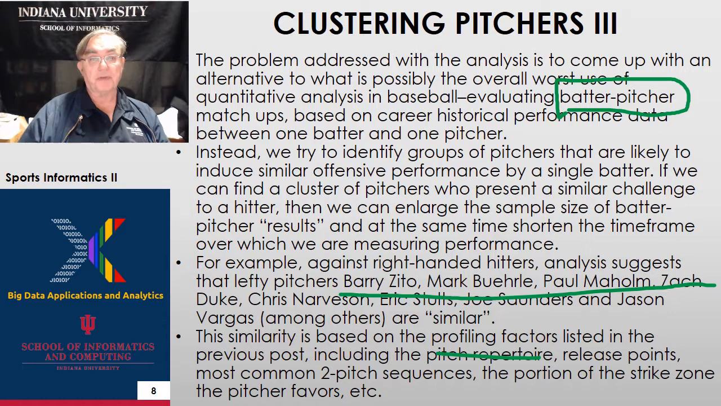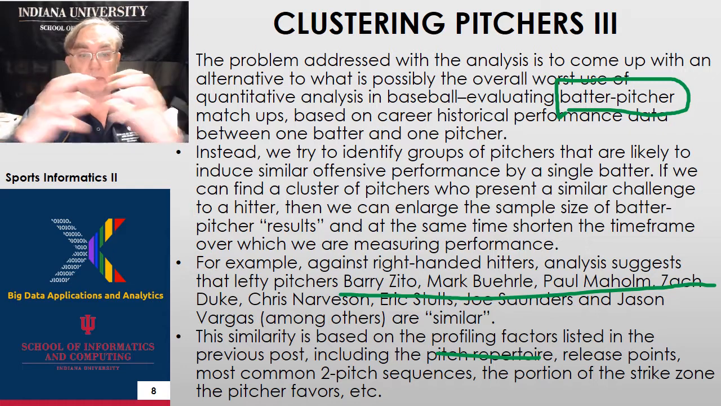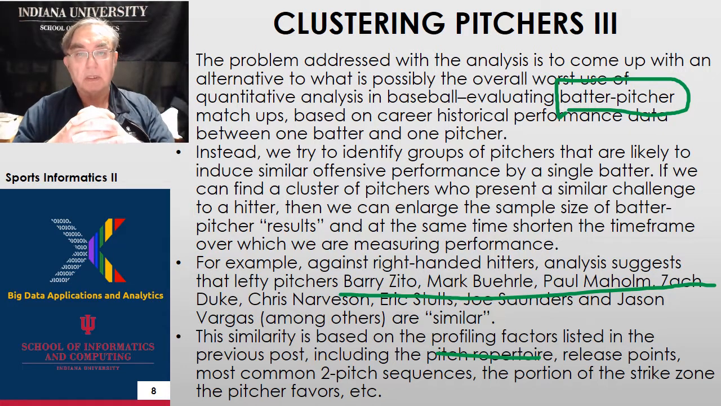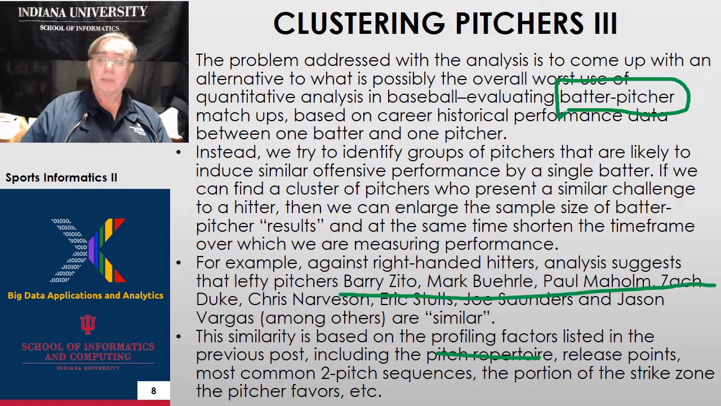You plot those feature vectors in a space for right-handed batters, and you will find they fall relatively close to each other. And the big idea about this is when you have a group of pitchers who look similar, you can look at the performance of a given batter against that group of pitchers, not against an individual pitcher. And this allows you to get much better statistics and probably a far more reliable prediction as to how that pitcher-batter